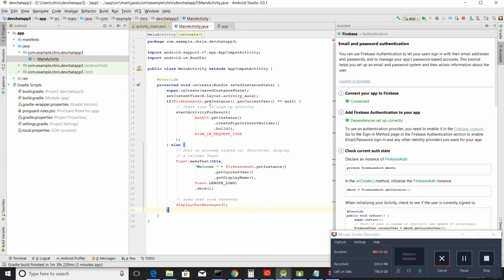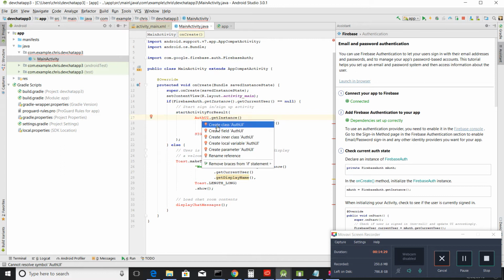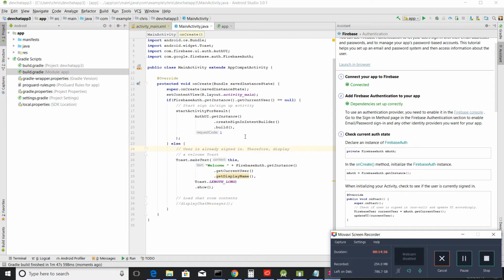Now you're going to get a number of red stuff coming up, and as you probably know if you've dealt with Android, the simple Alt-Enter will start getting all the dependencies imported. And let's see here. Okay, so what we're going to do is go ahead and change one thing here, actually a couple of things on the main activity